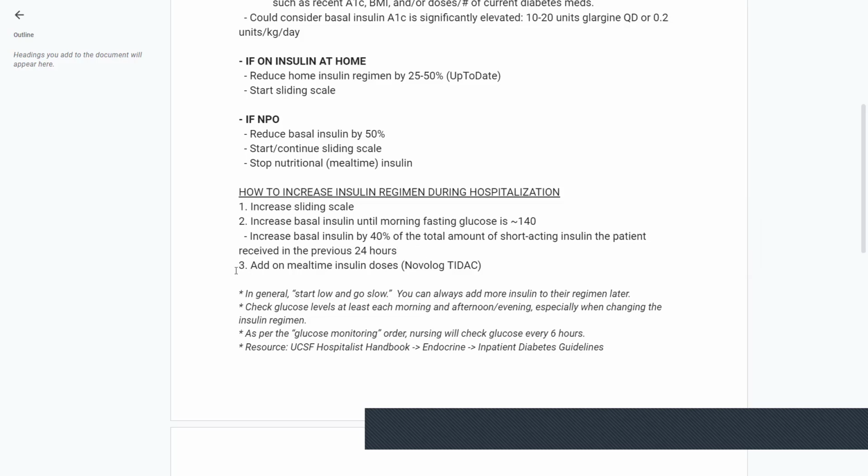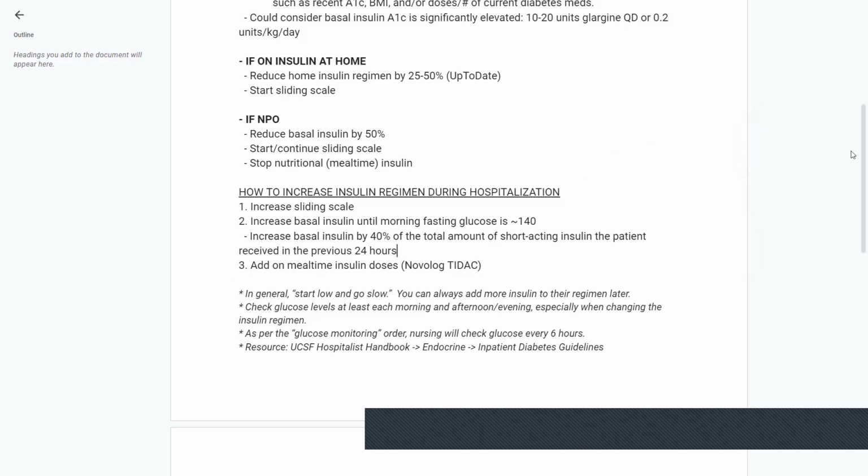And then if their sugars still aren't controlled after that, then you increase the basal until you can't go anymore. So there's this concept, or I think of it as the concept of maxing out somebody's basal insulin. So you can only increase the basal insulin until